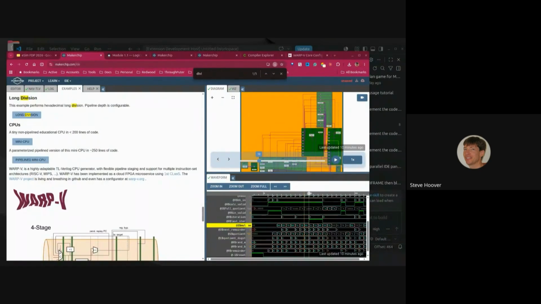Since I've left, so I started this technology within Intel. What was it? 2005 was probably the genesis of my involvement in some of these concepts. And then since I've left Intel, the focus has been much less on the language than the ecosystem around it, and the tooling and Makerchip and all that. But yeah, so it was the realization that there's a lot of synergy in these concepts,